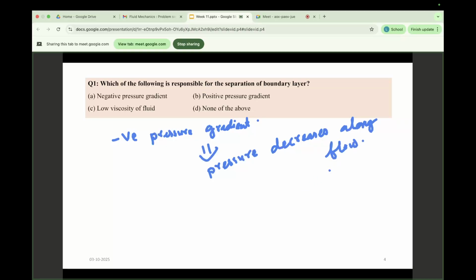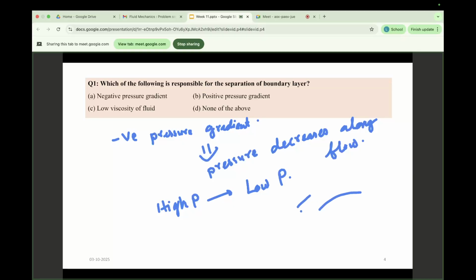So if the pressure is decreasing along flow, that means initially there is high pressure and then it is moving to low pressure, which is usually the case. So in that case,